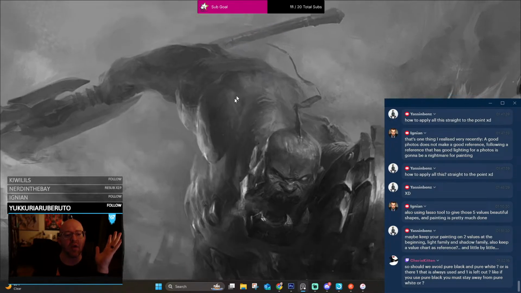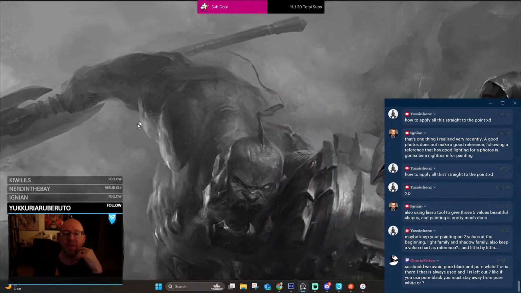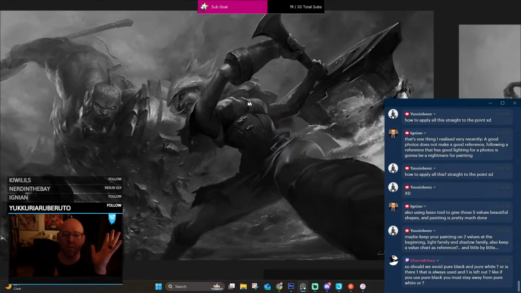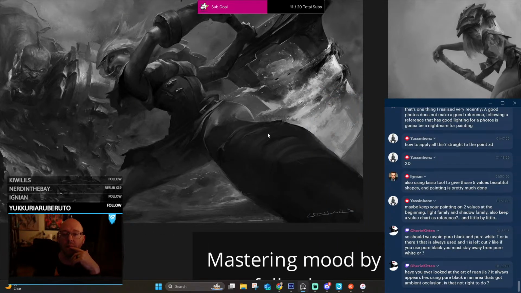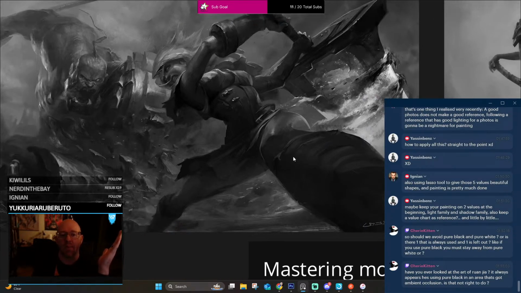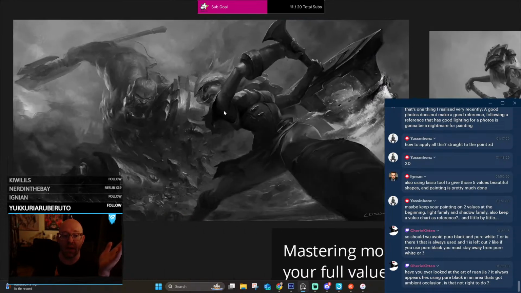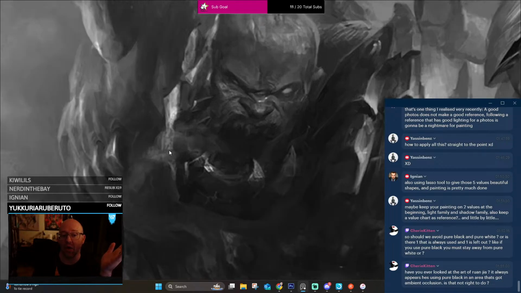Notice how the further this goes back, the contrast is crunched. So the darkest darks and the lightest lights are actually pretty close to each other on the value scale. This is illustration concept art 101. Right here. As it comes closer to us, you're getting darker. You're not really mixing your darkest darks with your lightest lights unless you want to get attention, like you do here from the ability, like you do here from the expression on the face, like you do here with the sun hitting.